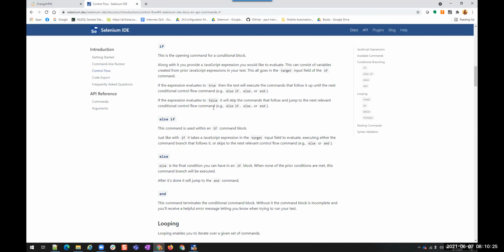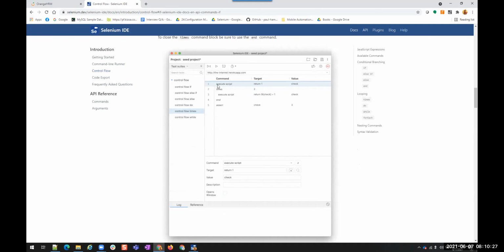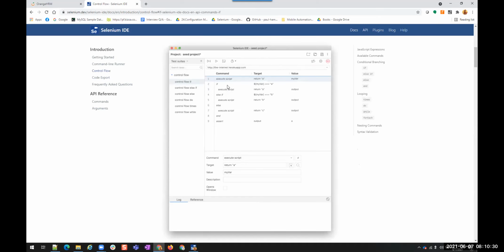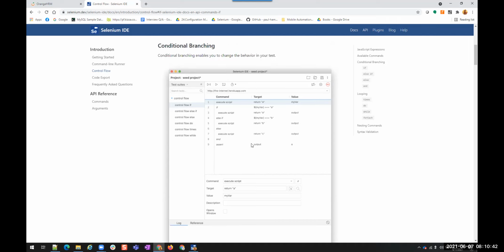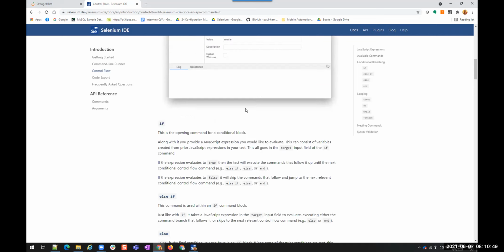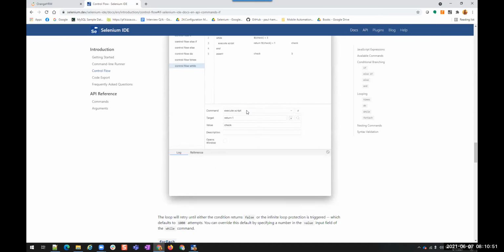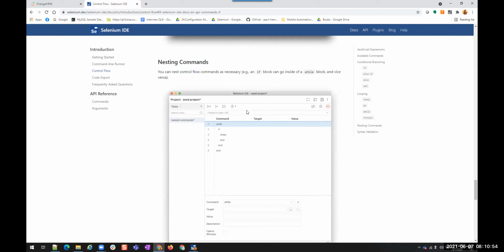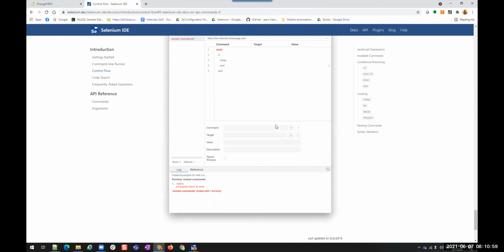So like this, you have all the documentation here. You can also see some sample code here for if else. You see, if some variable value is equal to some value, then perform this, else this. So you are adding if else conditions in Selenium IDE. Understood? So that's all. This is about Selenium IDE. Generally, we don't use it, but in case you need it, you can use this. That's all. Okay.